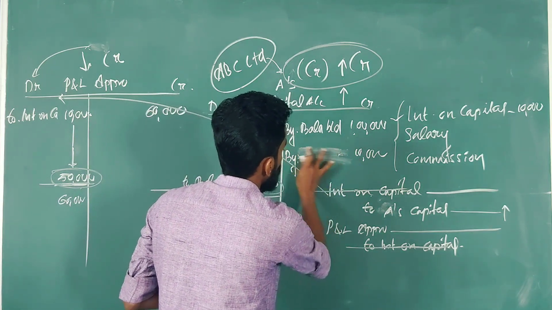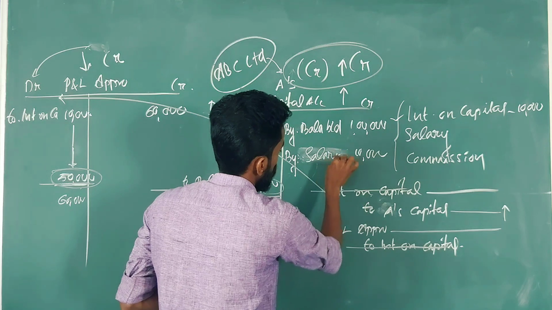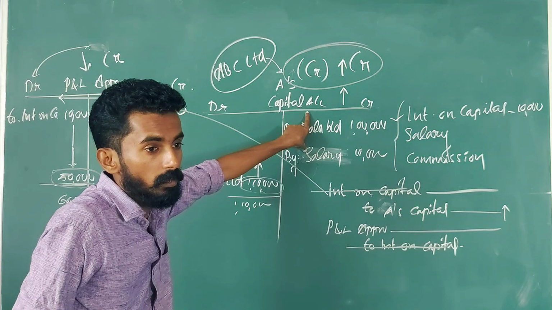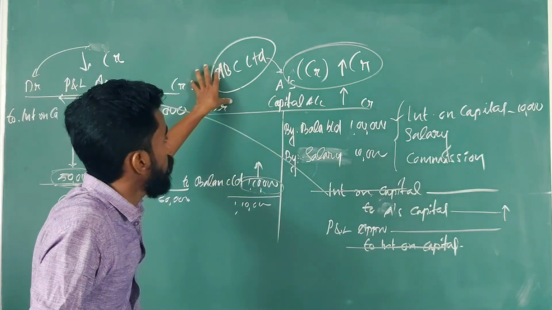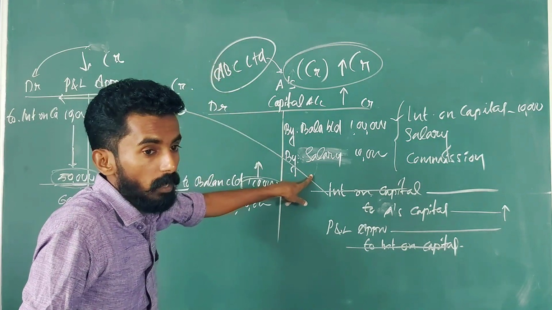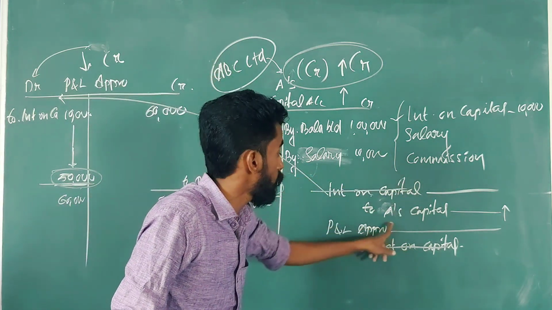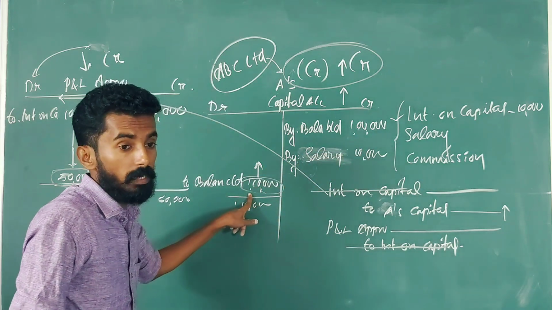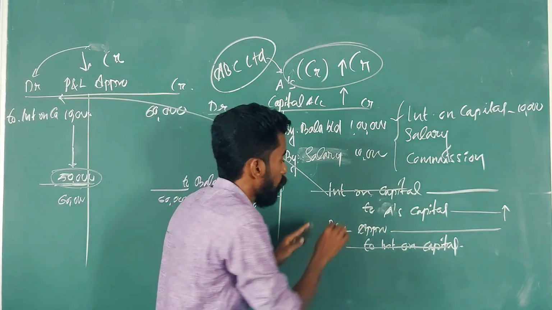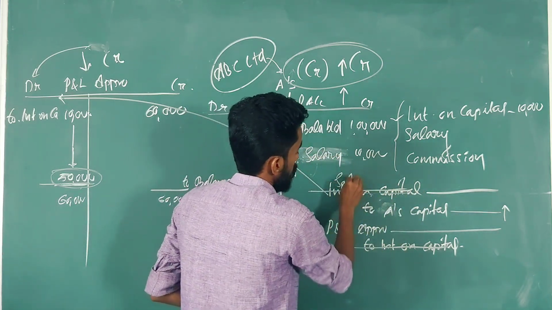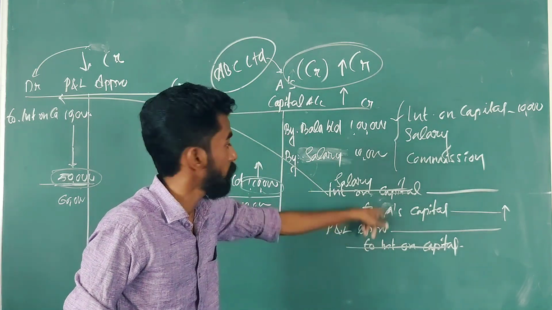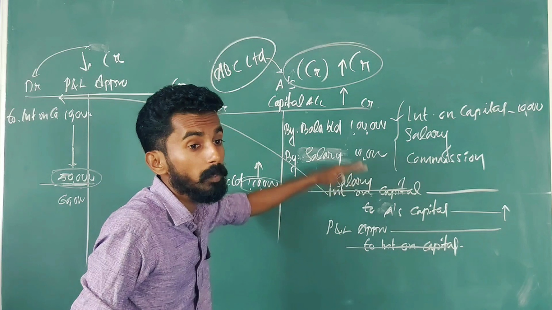If a firm is going to provide salary, capital balance is going to increase or decrease? Increase. Because who is going to provide? Firm is going to provide. ABC Limited is going to provide salary. How much? 10,000. Capital balance is going to increase. Balance is 110. Increase. So what is the journal entry? Just change it. Instead of interest on capital, what will come? Partner salary will come. Salary to A's capital, credited, because capital account we need to increase.